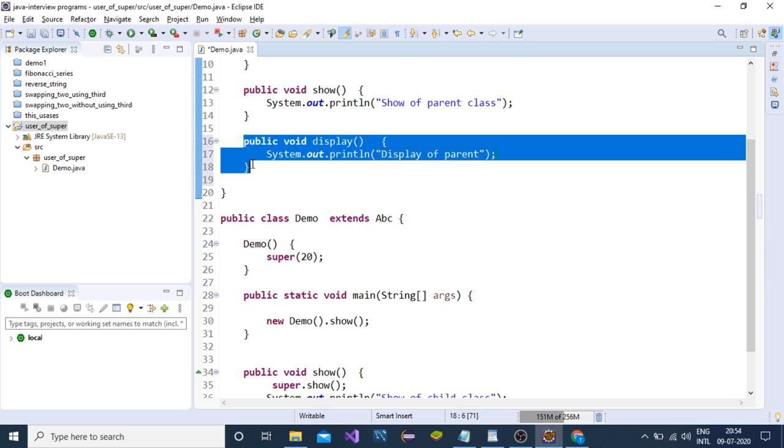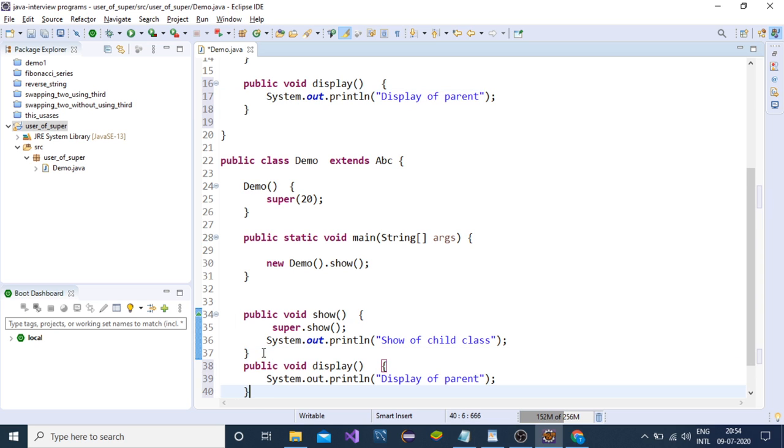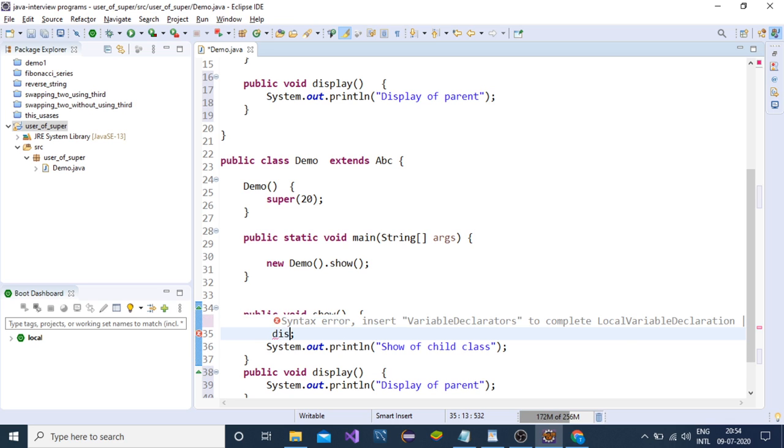I am creating a display method inside the child class. What if we call display instead of show? It will call the child class one.